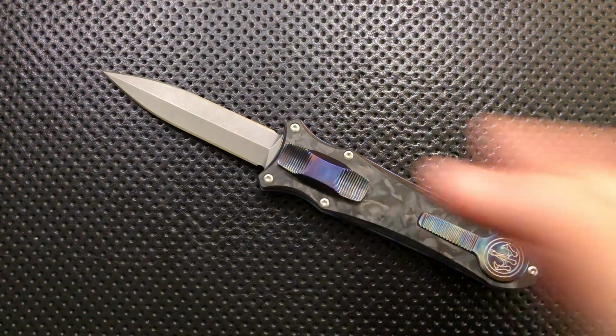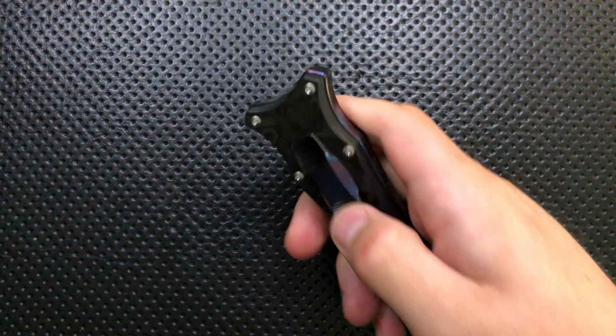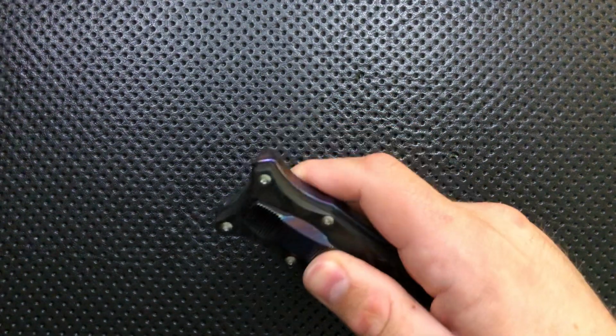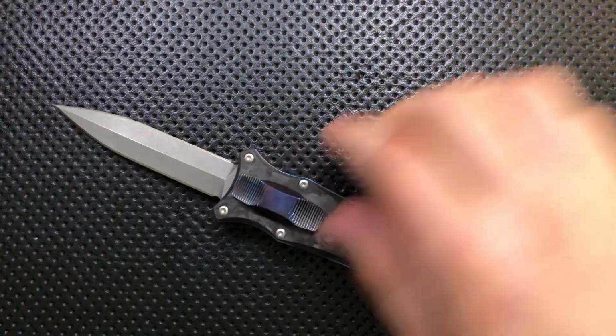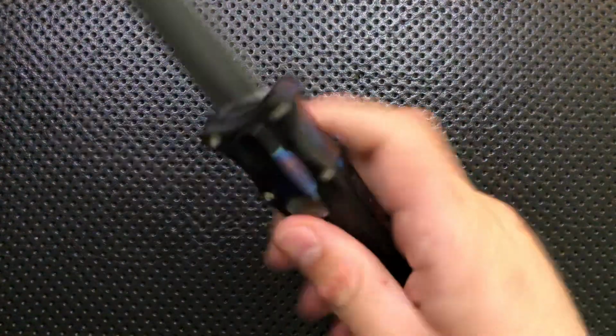And yet, at the same time, it is still incredibly smooth. It feels better than any out-the-front I've ever handled. This button pull, forward and backwards, is just, oh my God, incredibly smooth. That's a completely silly thing at some level, but most of them feel grindy and gravelly at some point. This is just like,